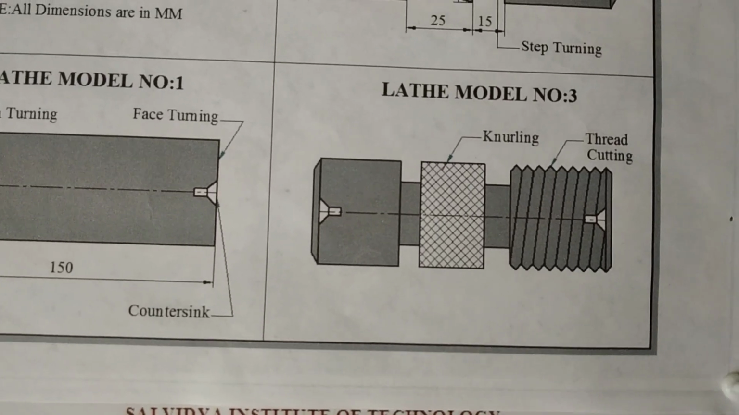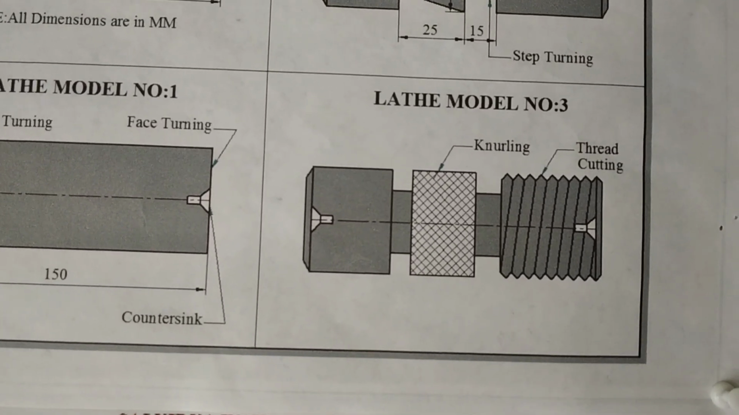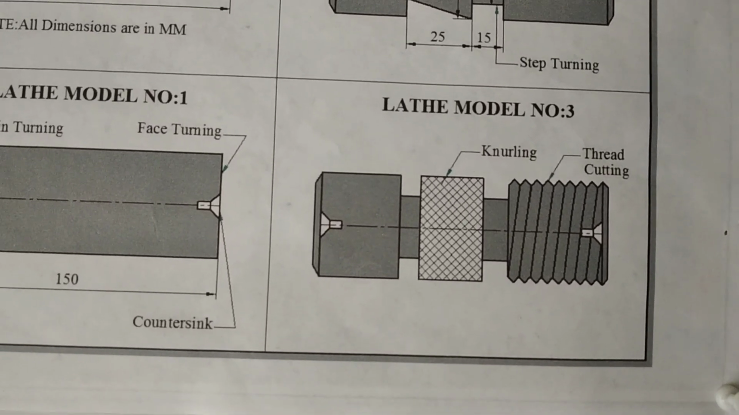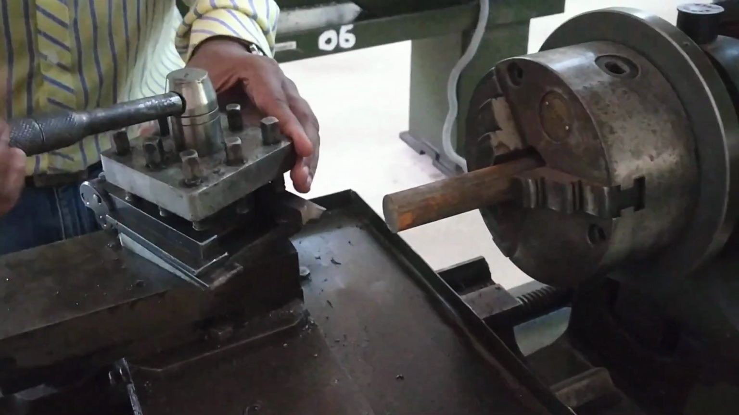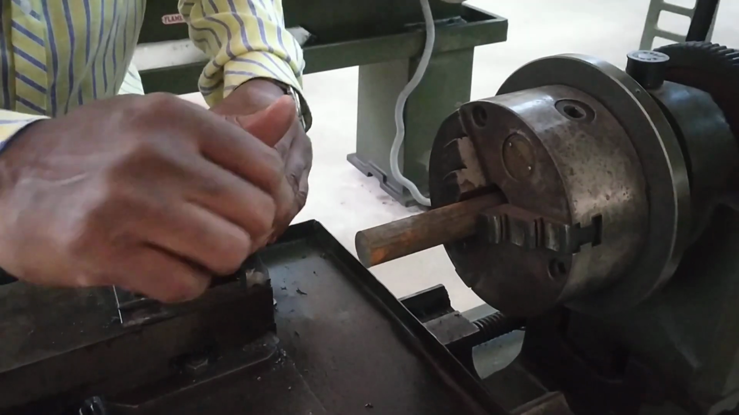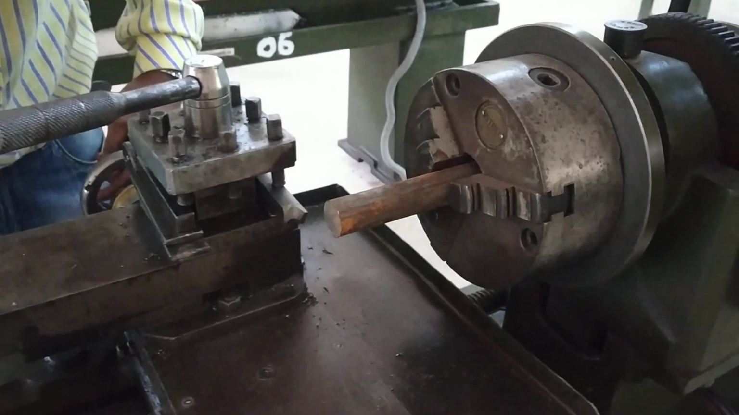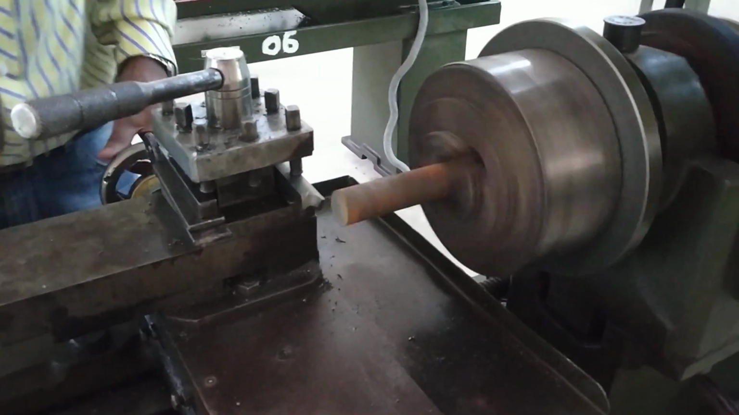Knurling is a process of embossing diamond shaped pattern on the workpiece for better gripping purpose, whereas thread cutting is a process of producing helical shaped grooves on the cylindrical workpiece. As discussed above, now the plane turning operation will be done. Set the tool, bring in contact,